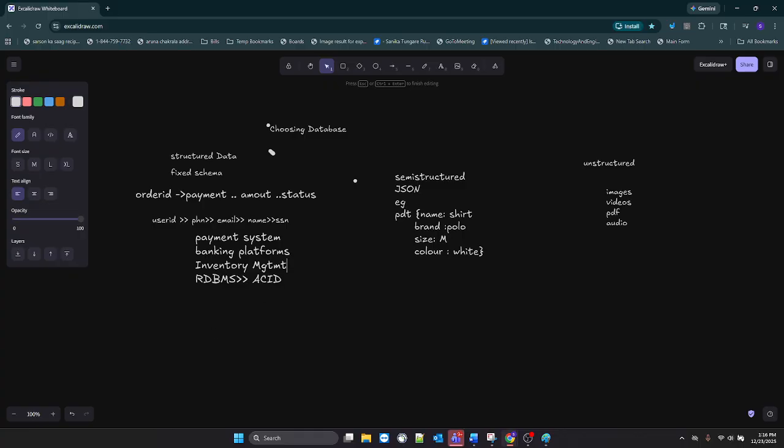The atomicity. What is atomicity? A stands for atomicity. That means a transaction must fully succeed or fully fail. That is called atomicity. Consistency, it has to be consistent everywhere. Isolation, it should not be like